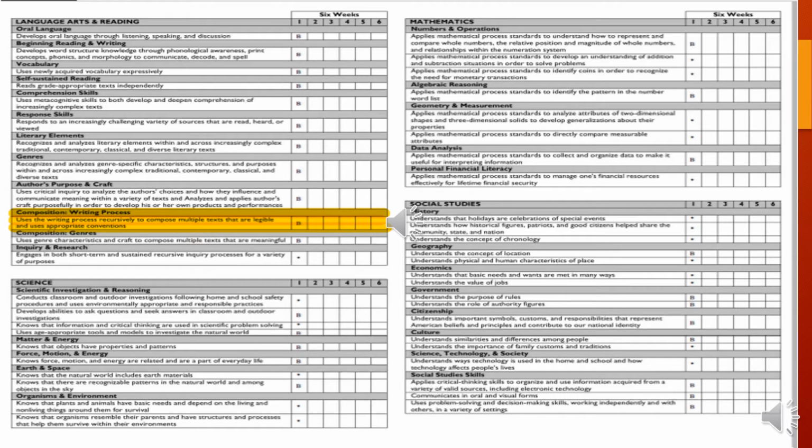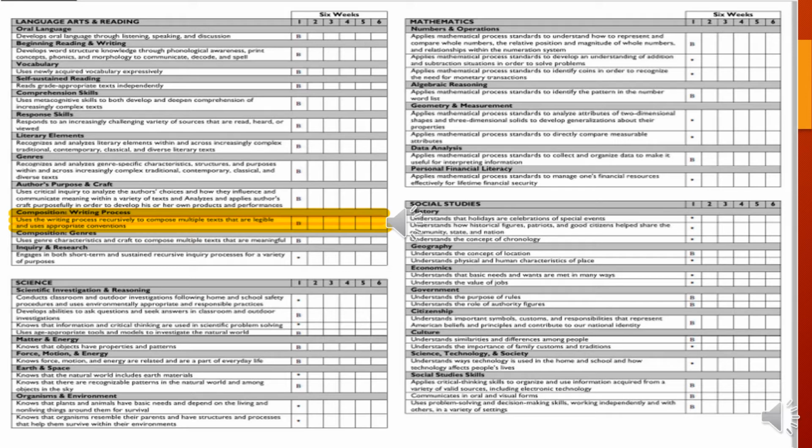The next page of the report card gives you information about language arts reading, science, math, and social studies. If you notice, there are a series of statements or skills written in each one of these sections, and that represents those skills that we need to ensure that we have mastery of at the end of the school year. If you go on to the next slide,